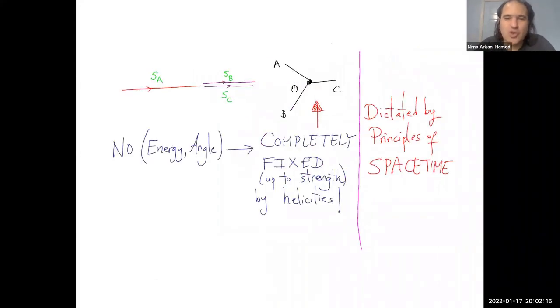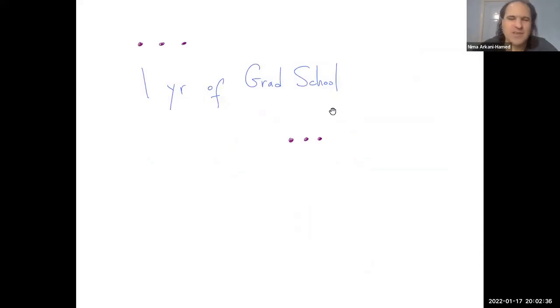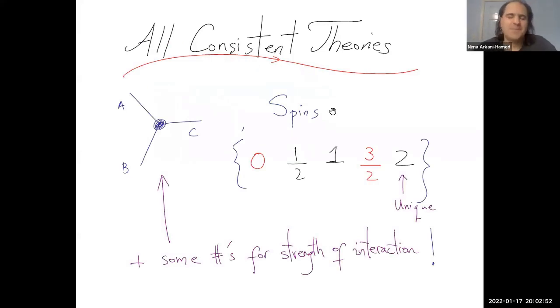And remember, I just told you by the principles of space-time that these amplitudes are completely determined up to the strength of the interaction. So this is an interesting mathematical constraint. You have to write down some function of energies and angle with poles which factorize properly in this way. Now all you have to do is solve this mathematical problem, and it's very simple to solve once you have the right formalism. In about a year of grad school and about half a page of algebra, or maybe 1.5 pages, depending on how big you write, you discover the following amazing thing: